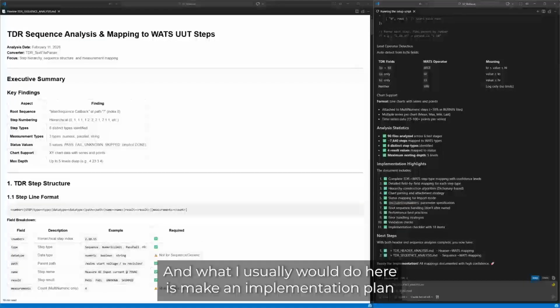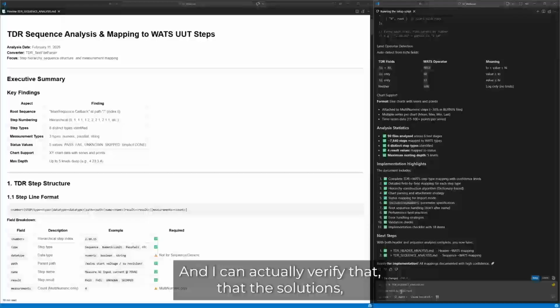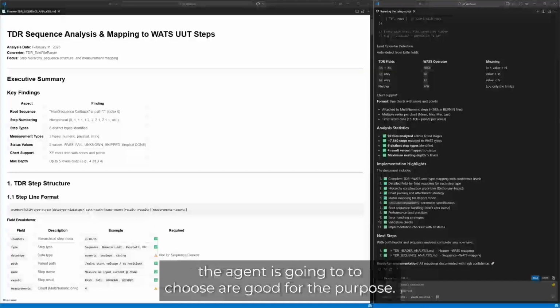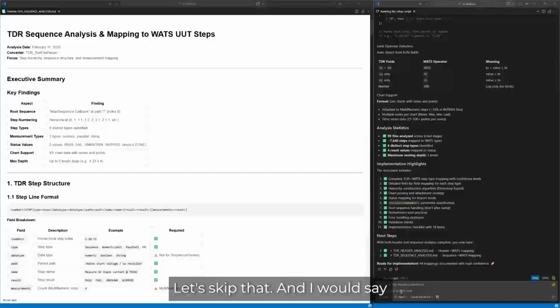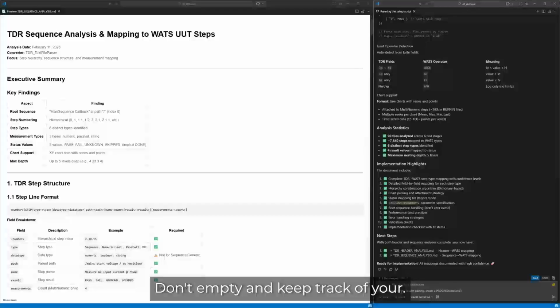And what I usually would do here is make an implementation plan that would take the analysis one step closer to implementation, and I can actually verify that the solutions the agent is going to choose are good for the purpose. Let's skip that and now say, please implement the header parsing, create a progress.md and keep track of your